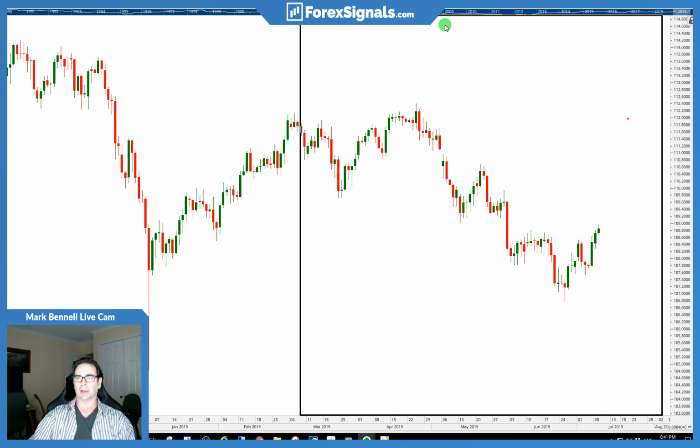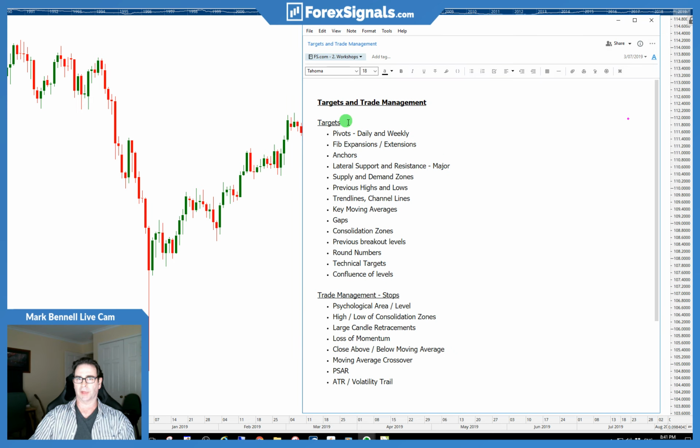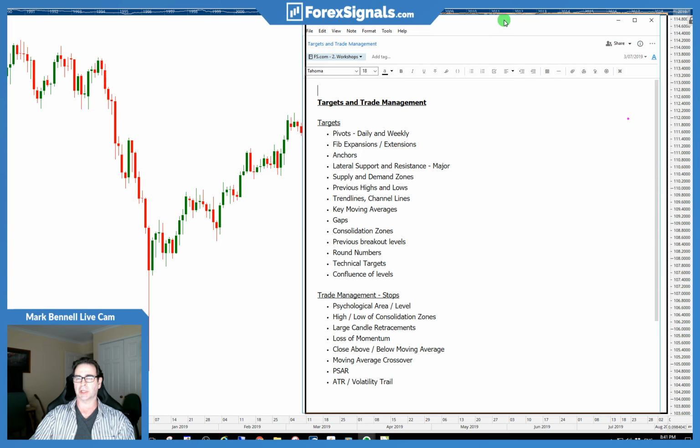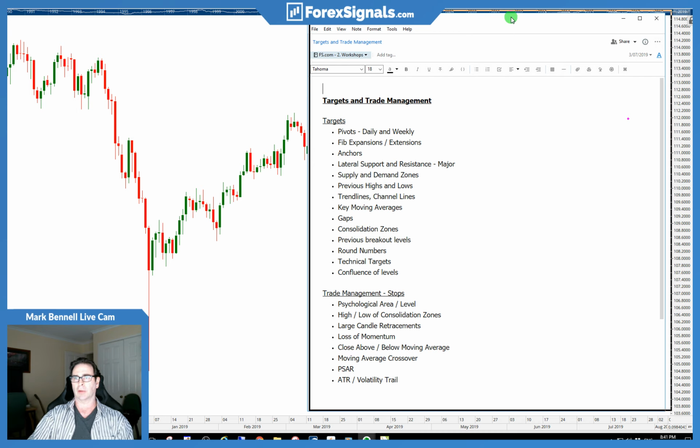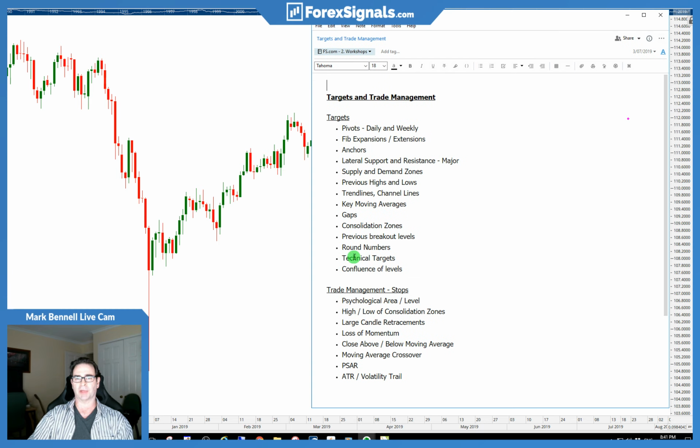And then we looked at some of the targets. So if you missed this, folks, I suggest you go back and have a look at last week's workshop, because it was a good one. It was a big one. It was a long one. But we looked at quite a few things. I did get quite a few questions on some of these, which is good, and a lot of people really got something out of this.